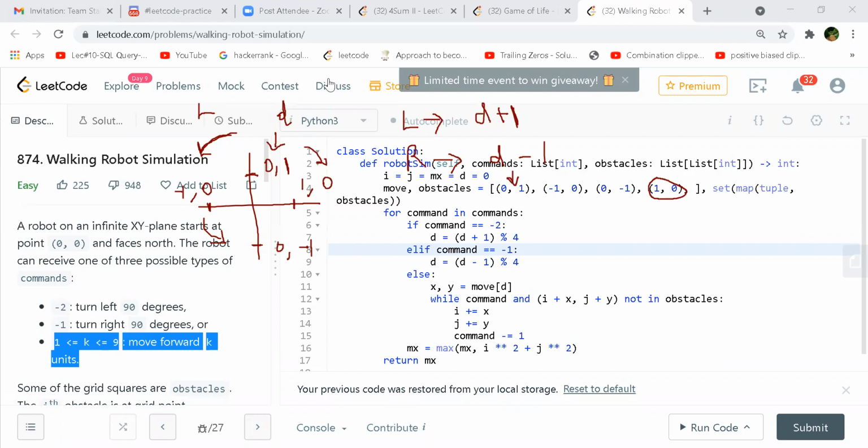And the robot can move from the origin in all directions and come back to the origin, correct? So if we take the last value of I and j, it will be 0, 0. But we want the maximum in its journey. Yeah, yeah. So this is good. Okay. I think Deepali actually drew that diagram.